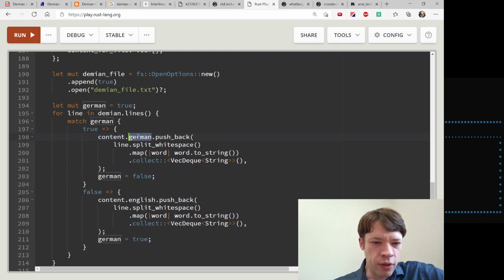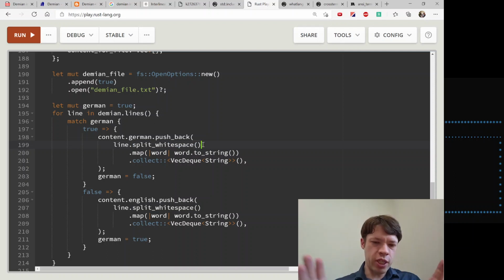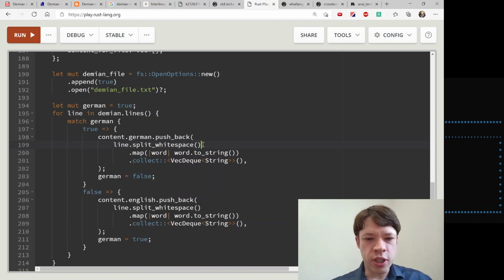And you can see here, content.german. So this is all inside the struct. German is a Vec of Vecs, and English is also a Vec of Vecs. And push is pushing to the end. And what are we pushing? We are pushing the line. You're going to split it by white space. So all of the white space in between the words, it takes it out, and so it just turns into individual words.